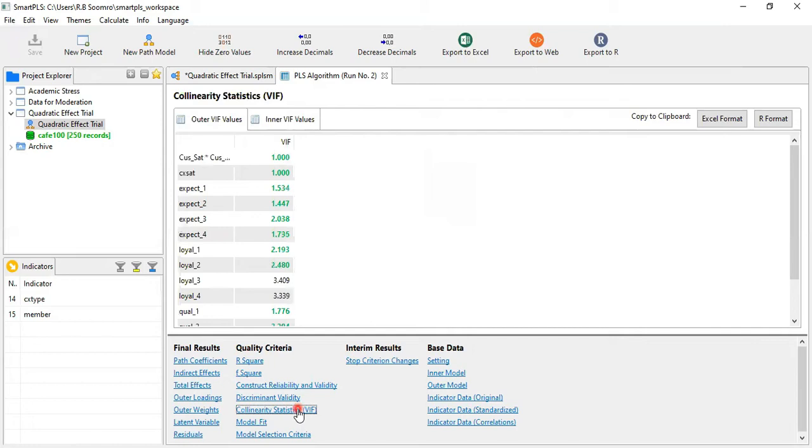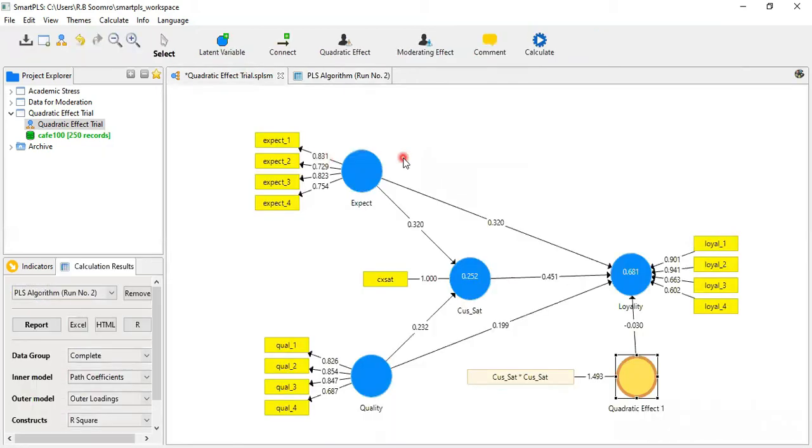Again, there is no issue of collinearity. So now, dear viewers, it is always advised that you go through the checks for discriminant validity and construct reliability, because these are very important to have stable and good results. Otherwise, the results will be produced by the software, but they will not be reliable because so many issues are there. So thank God, there is no issue in this one.